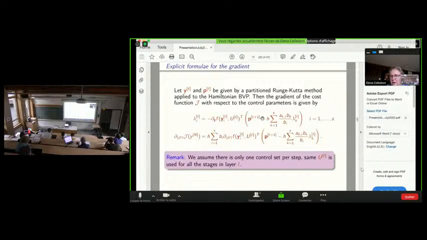But you have also explicit formulas for the gradients with respect to the parameters. And never mind these complicated formulas here. They are based on the Runge-Kutta parameters as well. And what's interesting is that you can write them down explicitly without needing to use automatic differentiation.